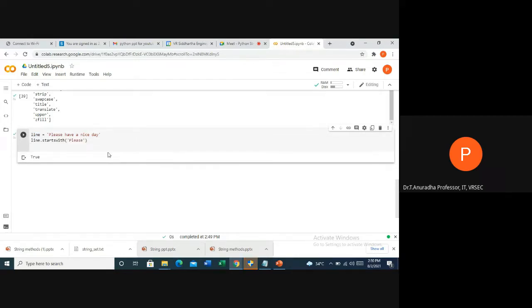See here, I'm giving line dot startswith please. So I'm checking whether my string is starting with please. It is returning true. If I take anything else which is not there, for example, my string is not starting with M, if I give this, it returns false because our string is not starting with M.